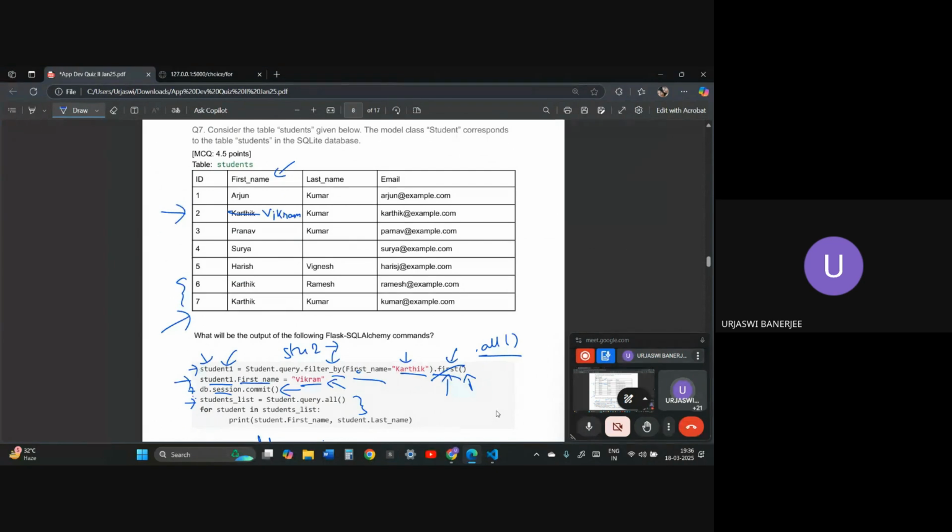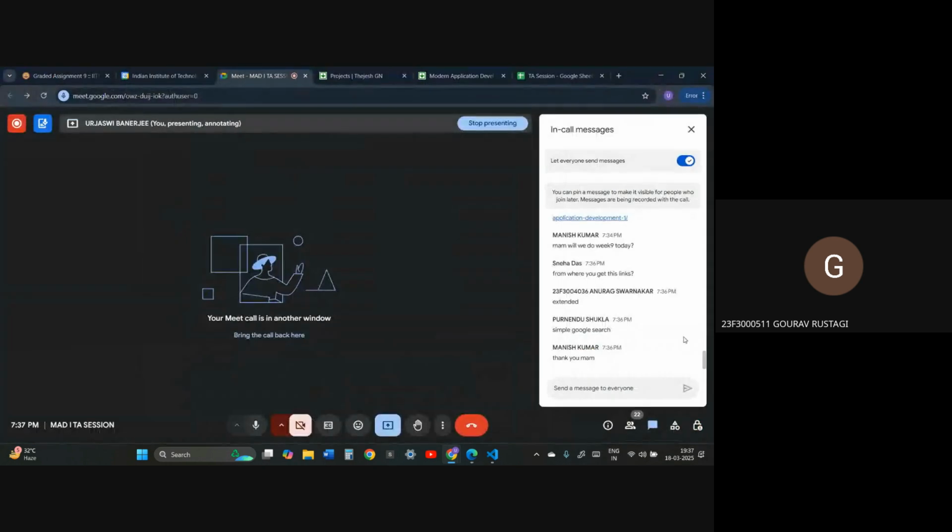Ubuntu is showing some error. So do you want me to connect my screen, or I can show with the video only here?